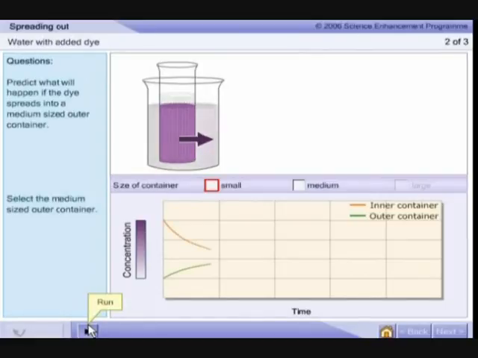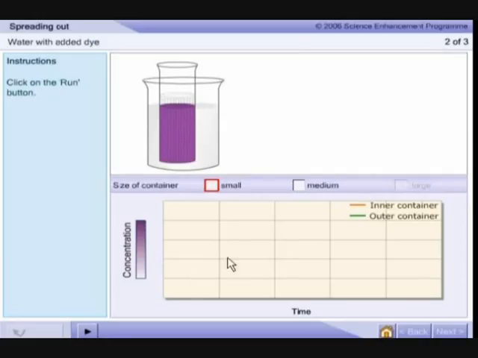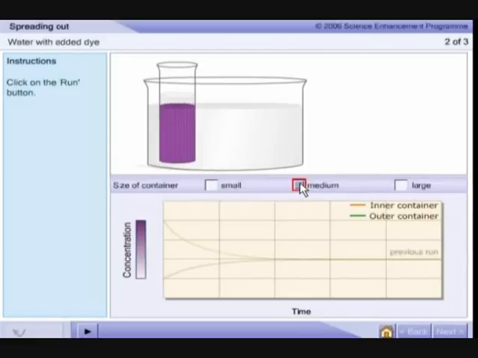You can see that the inner container, the dye is getting lighter, and the outer container, the dye is getting darker. Now what we can do here is we can change the size of the outer beaker. Look, see, it's bigger. Now what I'd like you to do is to tell me please what will happen to